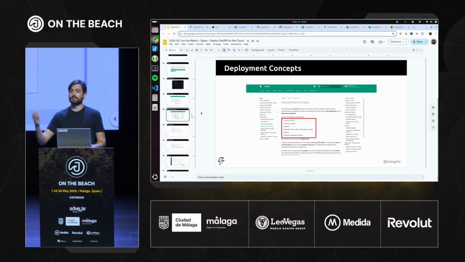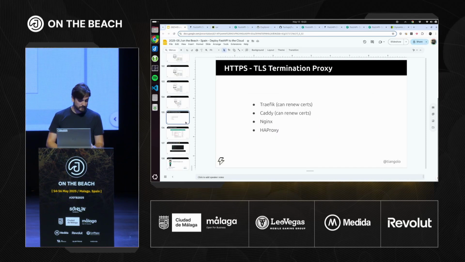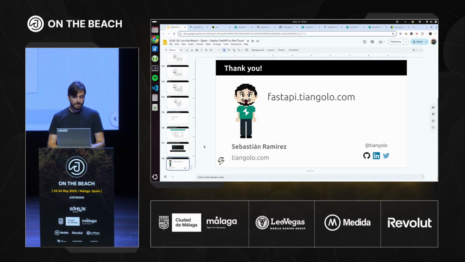Or you can also play around with FastAPI deploy, which is the thing that we are building right now. We just announced it last week, and we're going to start getting beta invites soon. I don't know if we have 3 minutes or something for questions, because I don't think we're going to have a chance to talk much about the other things. These are some of the tools that you can use to handle HTTPS, but you can read all about that in the documentation. I think that's what we have time for now. I'm going to be around in the hall, so you can ask me anything if you see me around.